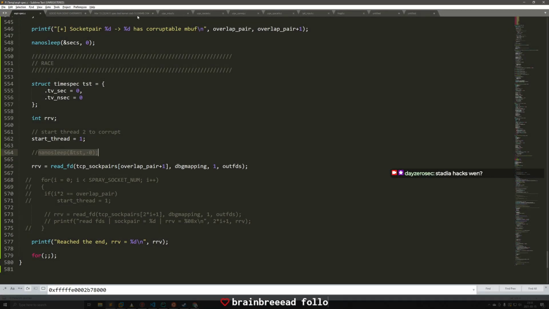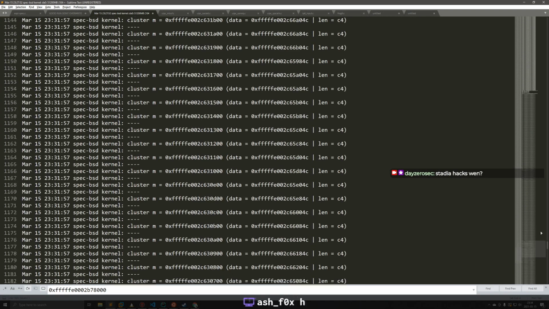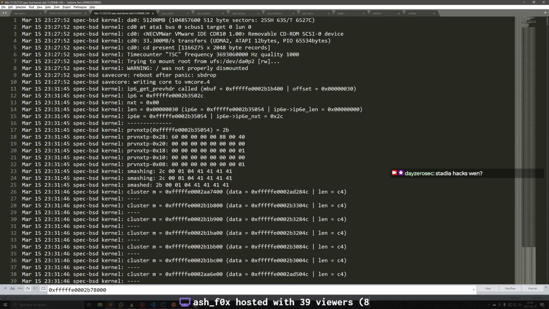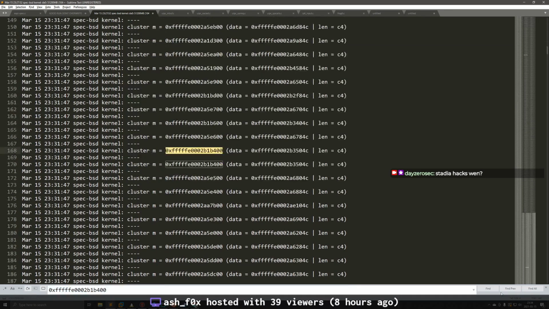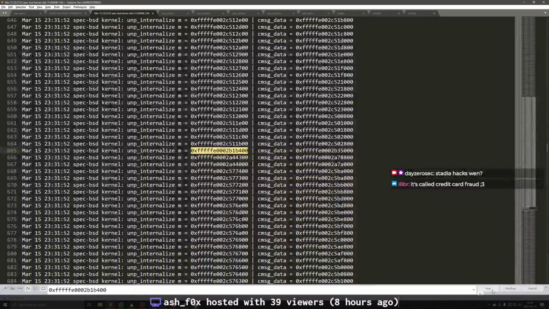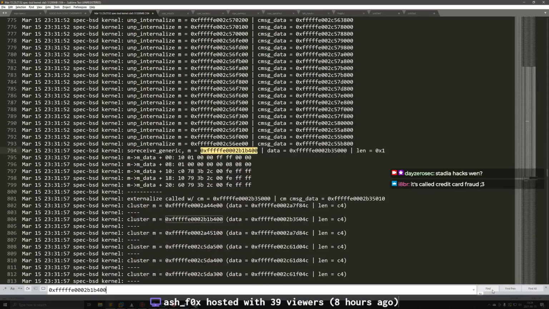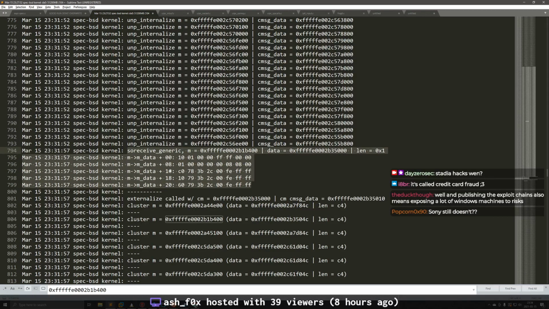All right. So kind of similar to what I was talking about before. The behavior up here is the same. The mbuf gets taken twice. Released, taken by UNP internalize. Taken by the externalize. So up here in soreceive_generic, you can see these are legitimate pointers. This is legitimate data.